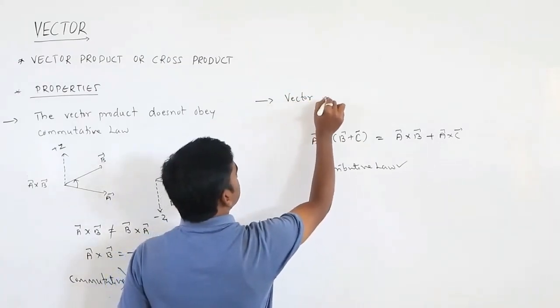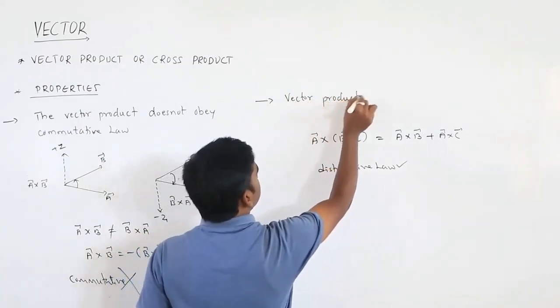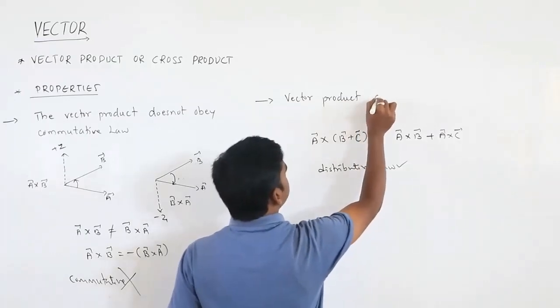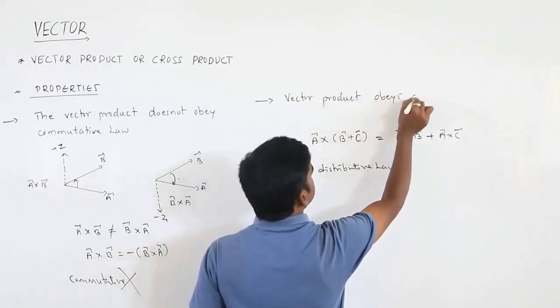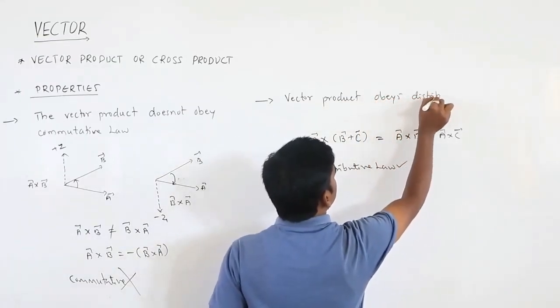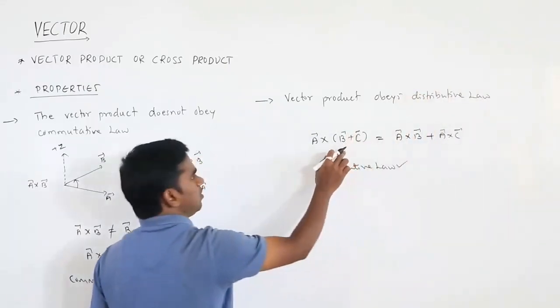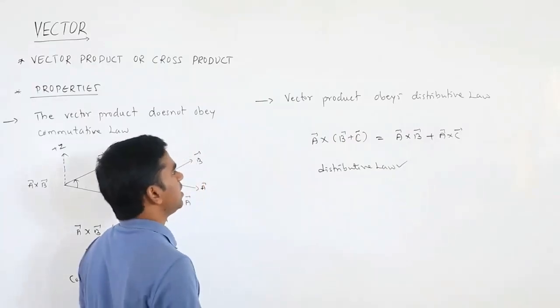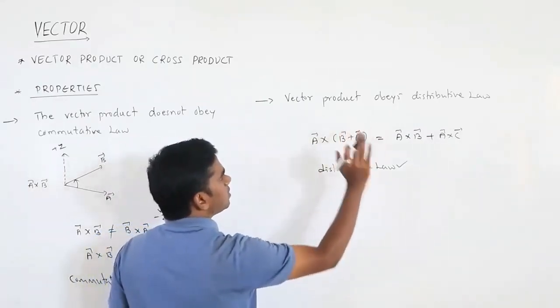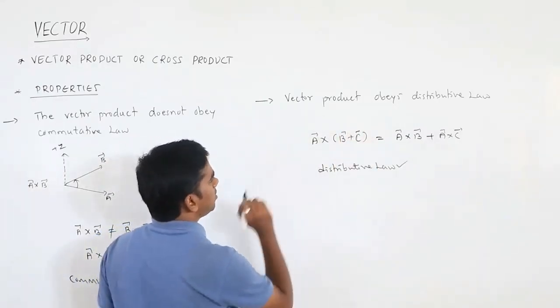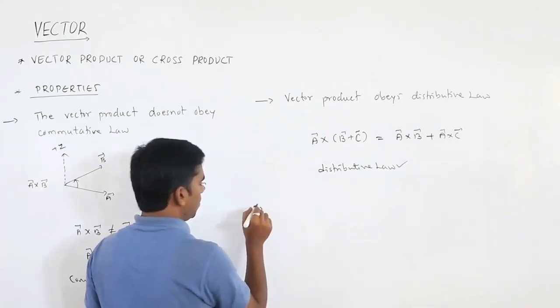So what you can write: vector product obeys distributive law over addition. I am not going to write that one. Vector product obeys distributive law. I can give a simple statement. So next,